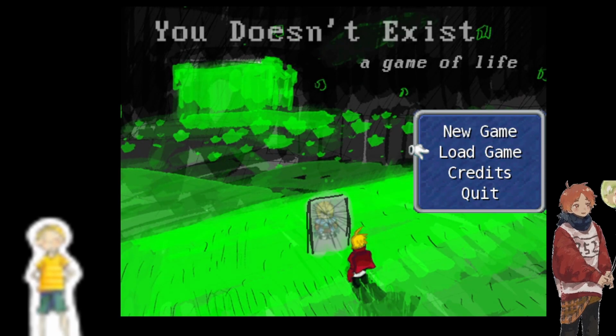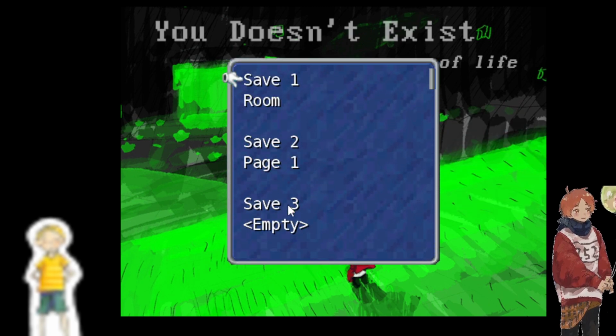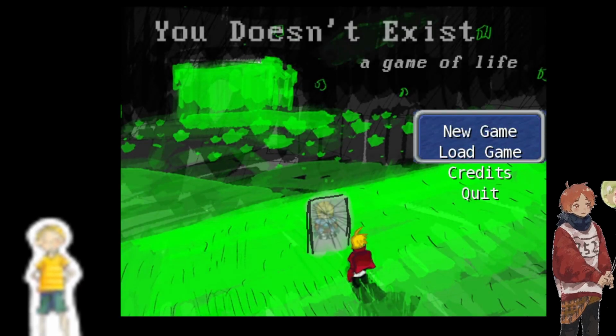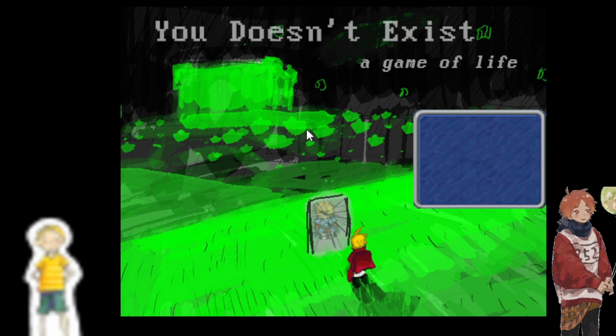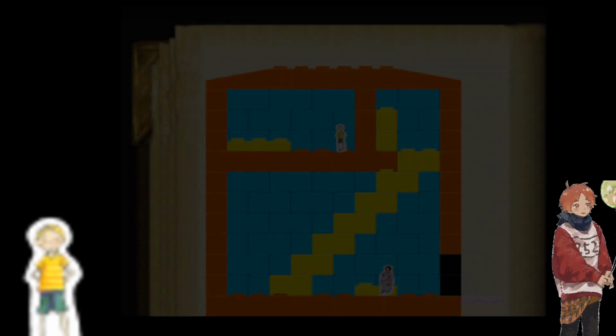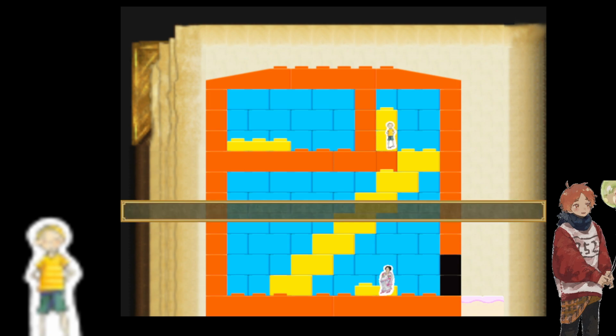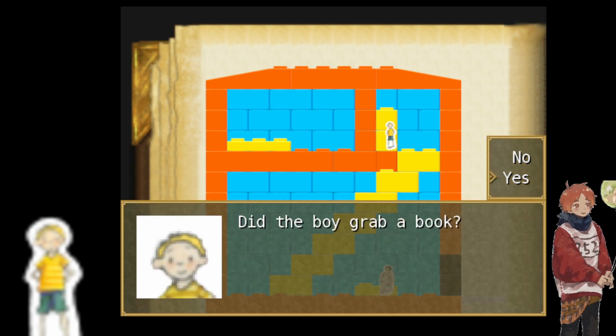Sorry. I feel like this book level of meta was a lot shorter than the other. Oh, this is not the one I wanted. Can't I load? I guess I can't. That is the story of my life. Load, and this time. Okay. How does it work?